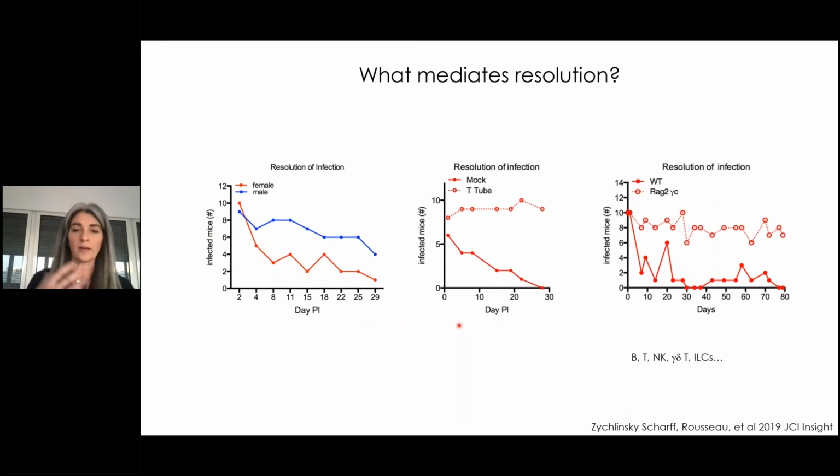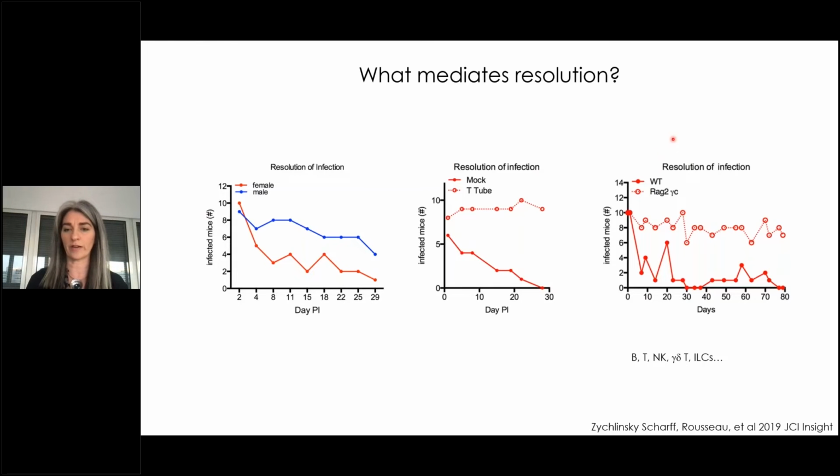So we thought, okay, what's going on here? We have this first scenario where we have male mice that cannot clear their infection compared to female mice. We have female mice that have been treated with testosterone who now are no longer able to resolve their infection. And we had, from a completely unrelated experiment in the lab, this scenario where Rag gamma C animals could